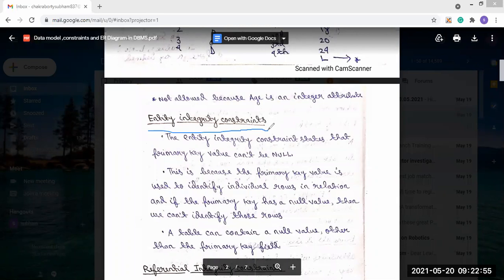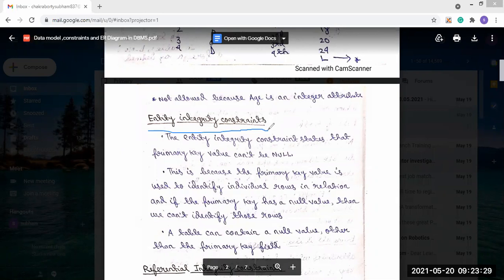So the entity integrity constraint states that the primary key value cannot be null. A table may contain null values in other attributes; in case of any other field, there may be a null value, meaning no value present. It can contain that. But in case of the primary key, there will be no null value present.